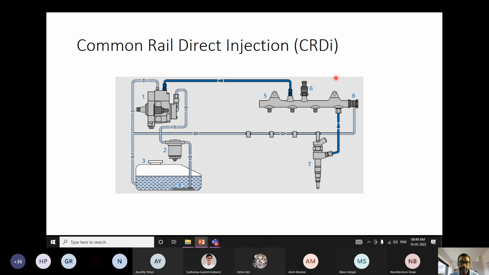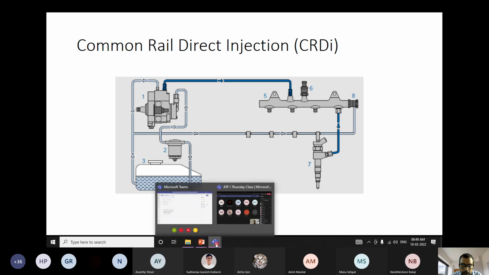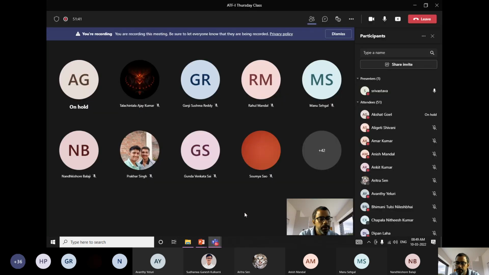But at this point itself, do you have any question? Any questions related to CRDI systems, the general overview, whatever we have discussed till now, before I explain how to control the fuel injection pressure, or how we can have